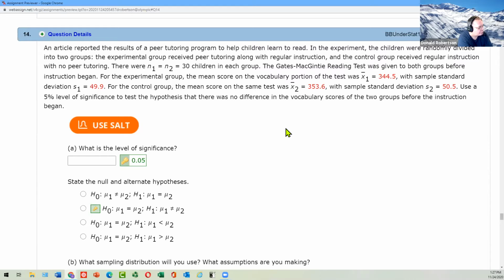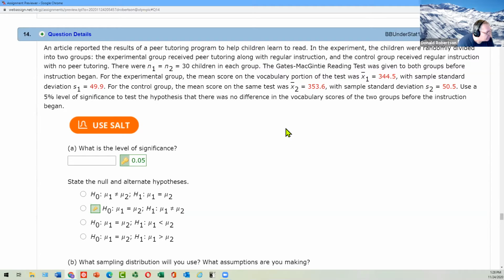They didn't get this thing called peer tutoring. So we're going to essentially find out if it does any good. In the second group then, there was also 30. The mean in that group was 353. And the standard deviation of that group was